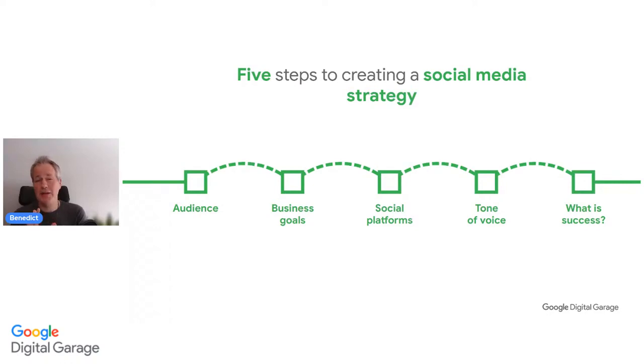And something which can sometimes help with determining what success is, possibly with your business goals as well, is that you can set it up as a SMART goal: specific, measurable, attainable, relevant, timely. It's really: this is what I'm trying to achieve. This is what I'm trying to do, to help make sure that you're heading for that goal, and you can actually gauge what success is in that context.